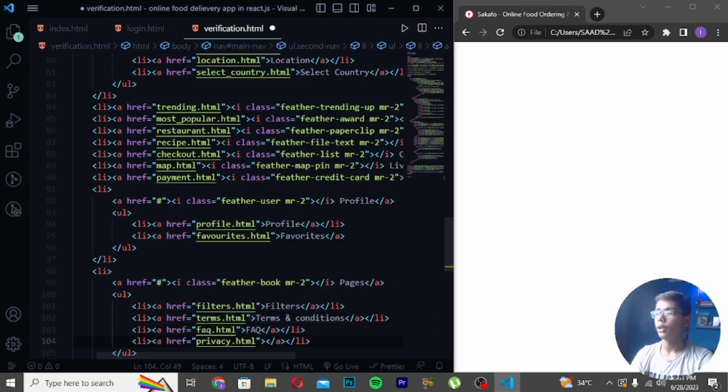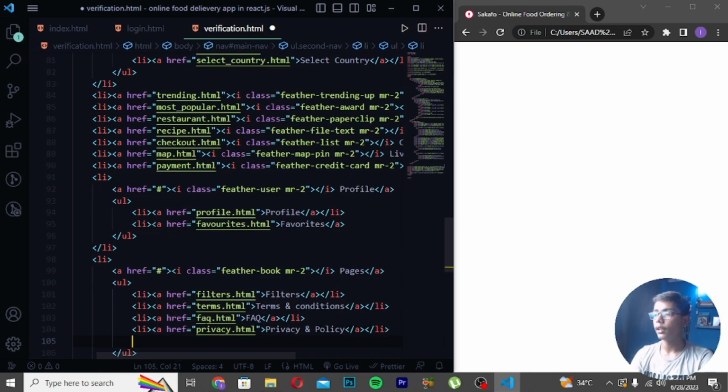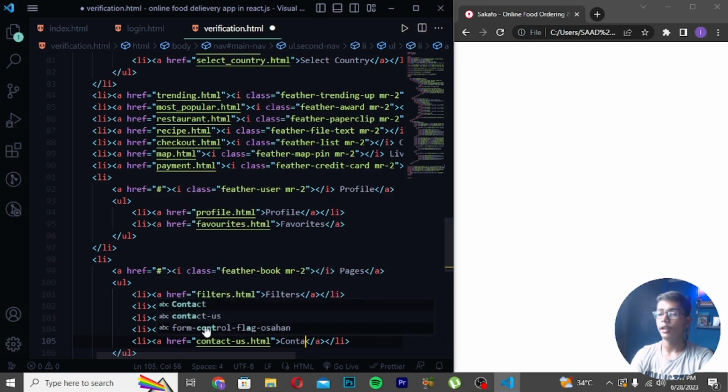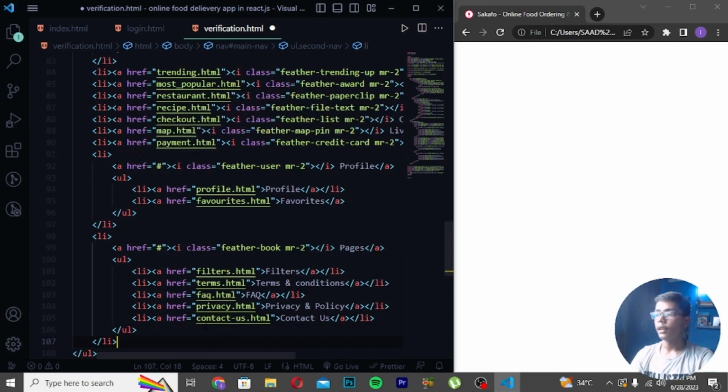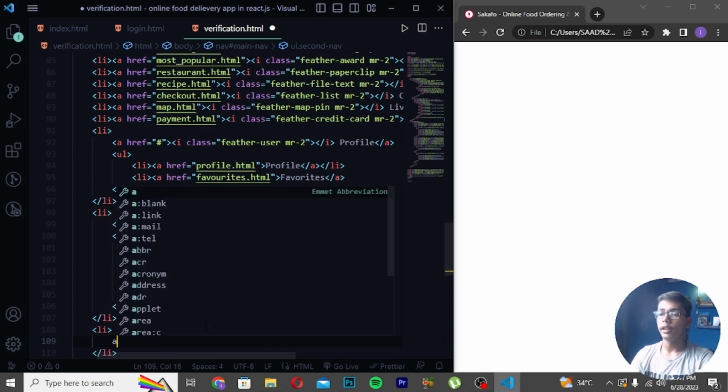Then in the center I will be writing Privacy, and then you have to write here Privacy Policy like this. When you've written this, you have to move down and write here an li tag. After writing the li tag, you have to write here Contact Us, and then here I will be writing Contact Us. Then when you've written this, you have to move down, write here li tag, a tag,